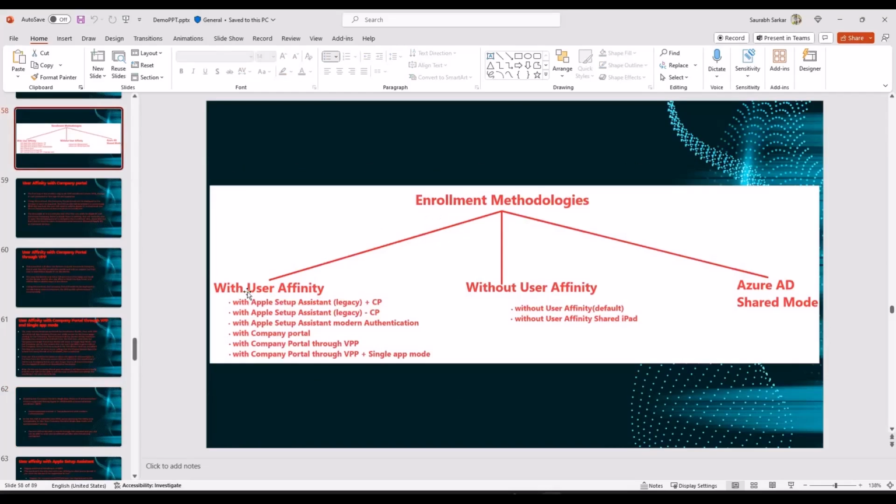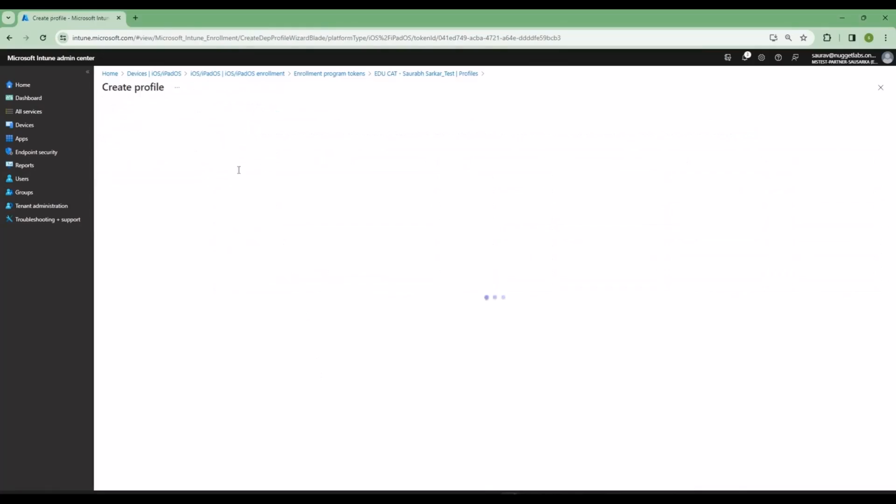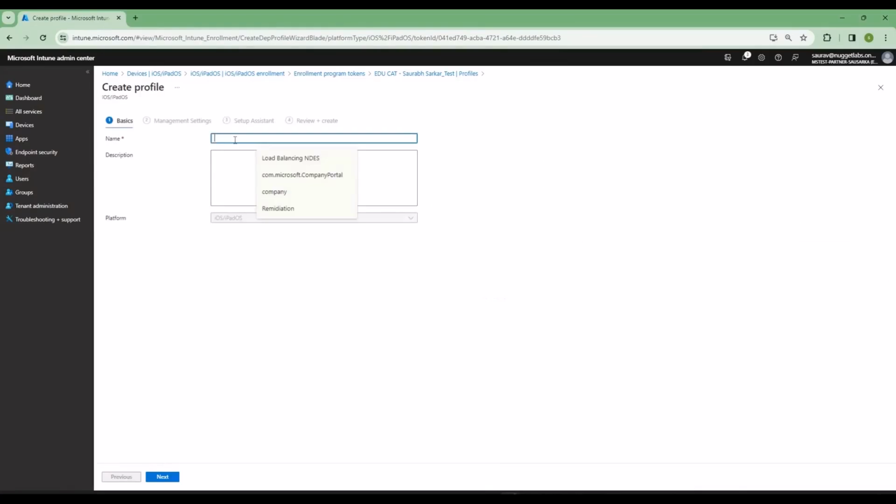So in the enrollment methodologies, when we talk about enrollment with user affinity, now we are going to do it with Apple setup assistant with modern authentication. So let's first quickly create a profile for that. I am back at the portal, and over here I'm going to go to iOS and iPadOS. Let's call this EAI setup assistant modern authentication